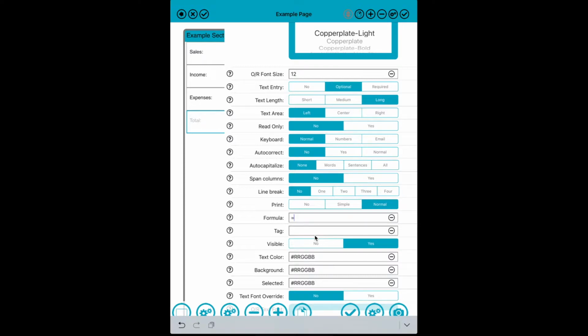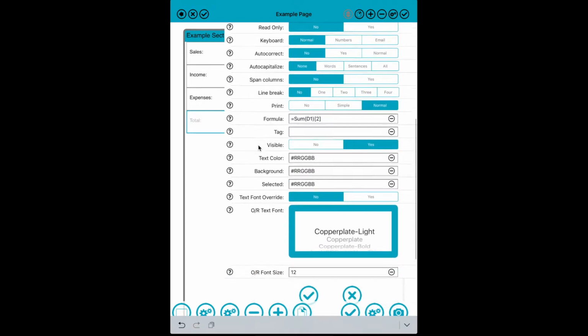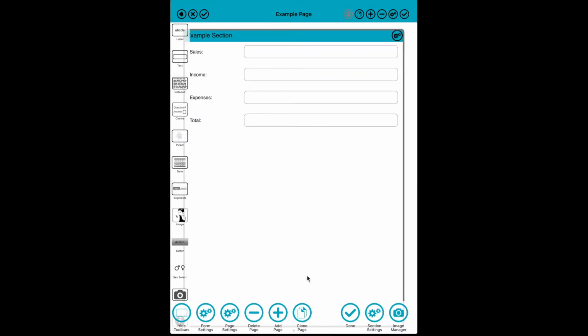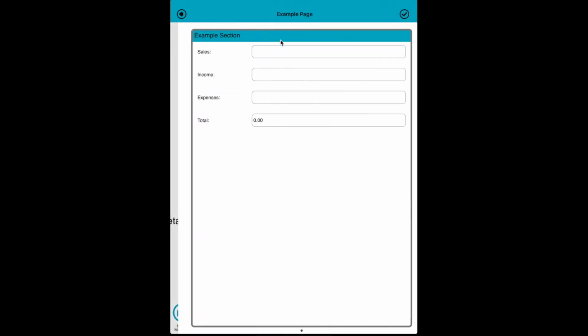the start of the formula, sum, which is the name of this formula, and then the field or the tag of the fields I want to sum up. So in this case it's D1. And what I'll also do, just for convenience, is stick in a 2 in square brackets, which just means calculate the result to 2 decimal places. I could leave that out if I wanted to. It doesn't really matter. But let's have it to 2 decimal places, and if I just run that form, I'll